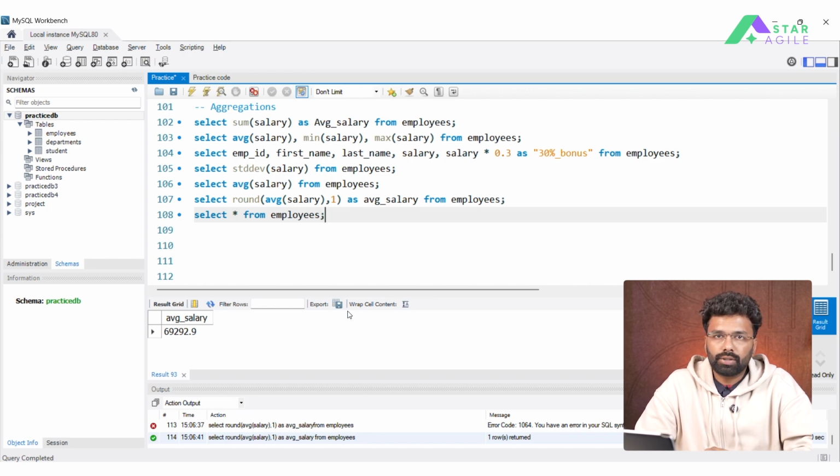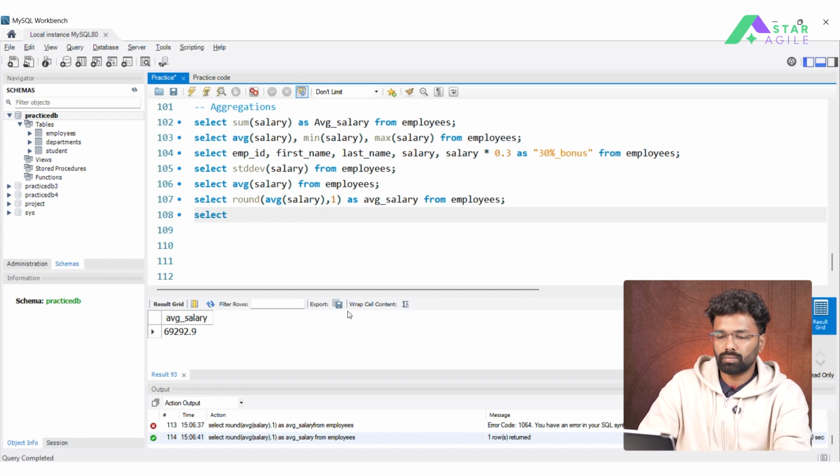I don't need to fetch, right? If I want to see only the specific, okay, so what kind of data I have in a table, I'll use limit. Instead of fetching the complete data, I want to find out how many total records there are in this employees table. Then I don't need to write select star. I don't need to fetch the complete data. I can simply change it to